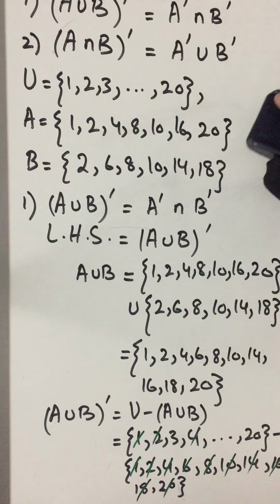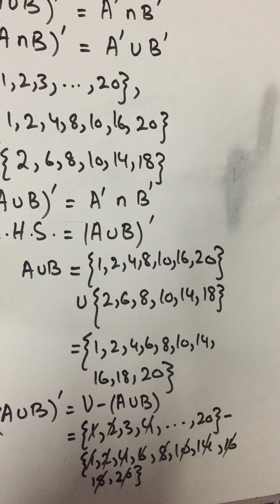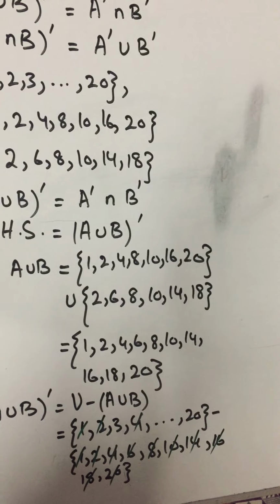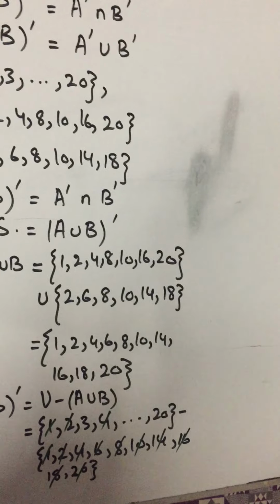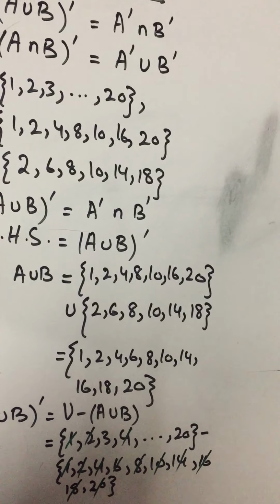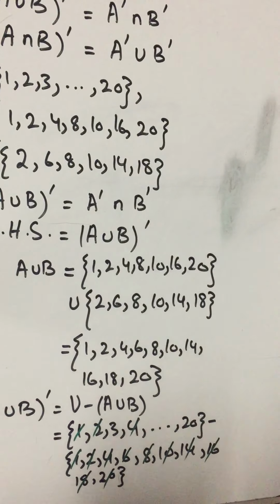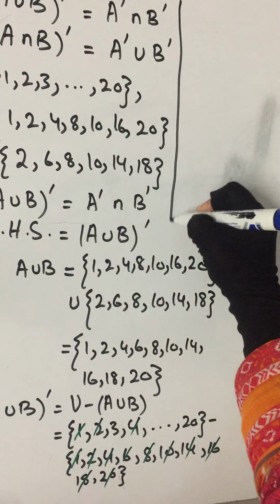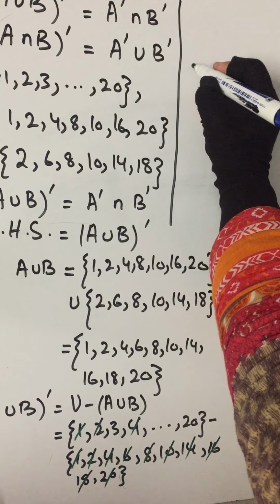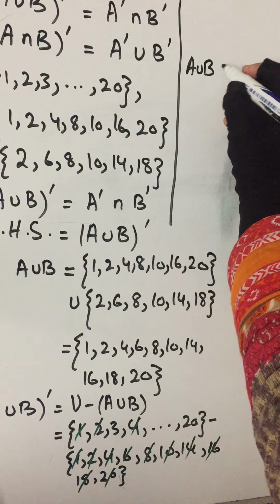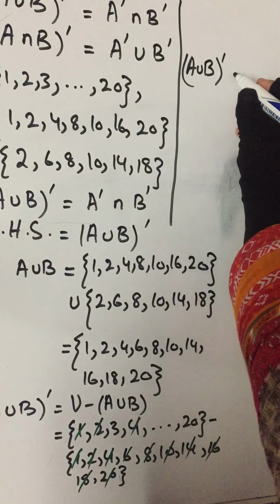Let me rub this. Okay, let me slightly move this camera here, like this. Okay, so here I will write the remaining elements of U. (A union B) whole complement may be equal to,